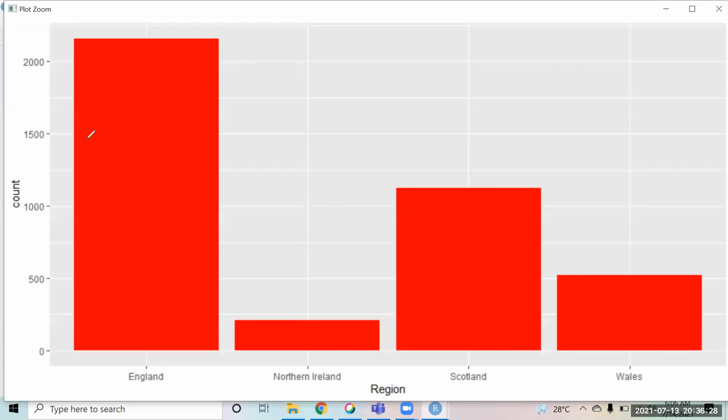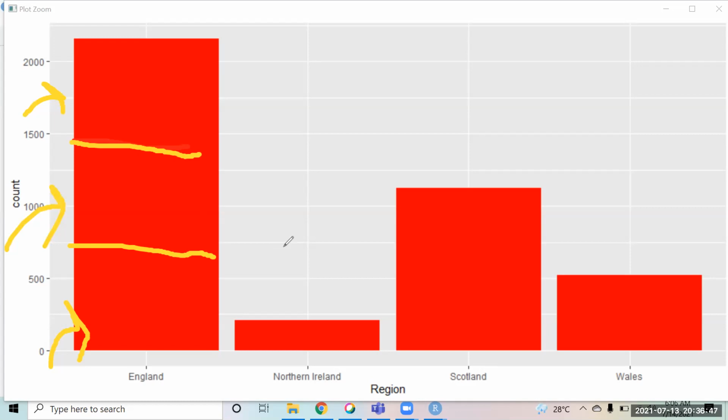Suppose what I want to do is I want to split this chart by the job classification, right? That in England, how many people are doing white collar job, blue collar job, and others. And the same thing I would like to do for Northern Ireland, Scotland, and Wales. Suppose this is something that I'm trying to achieve now.